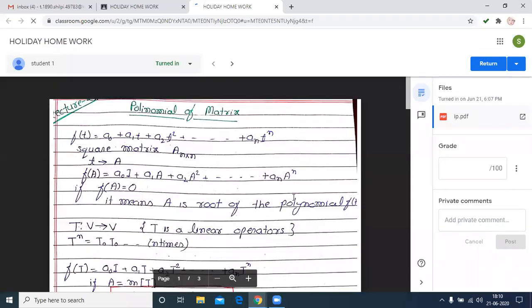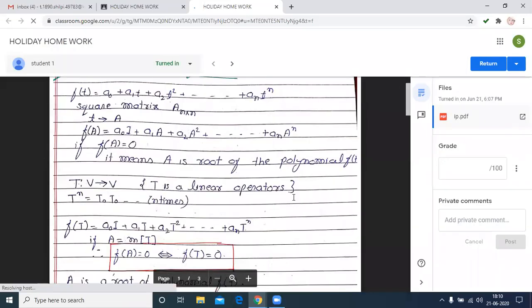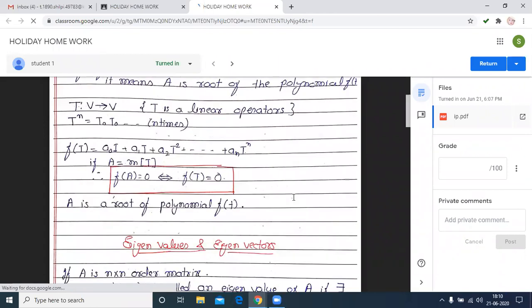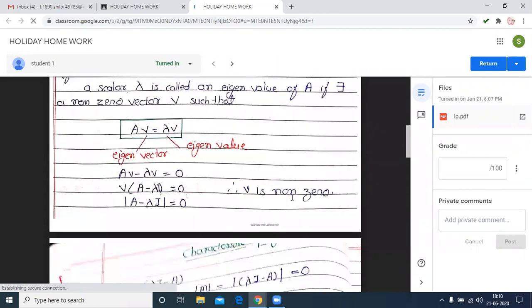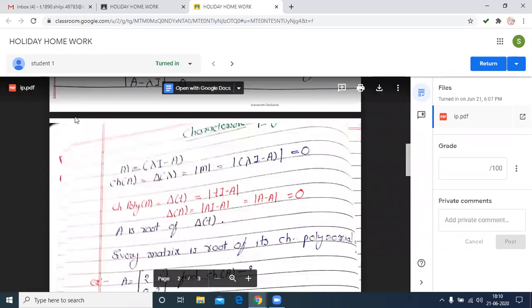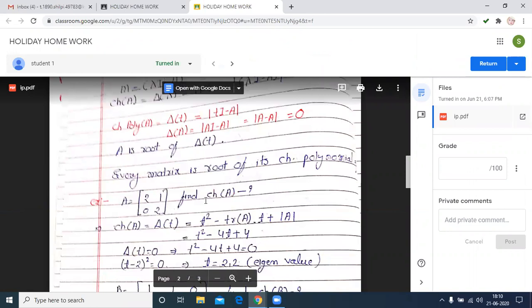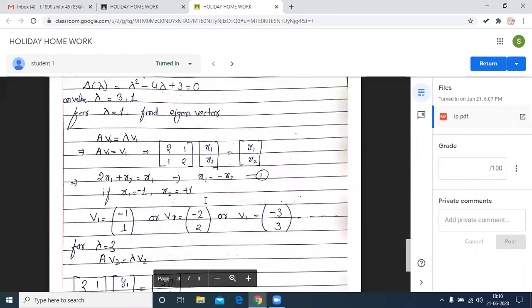The name will be displayed on the left top. The name of the student is student 1. This is a dummy student. This assignment or holiday homework is submitted.